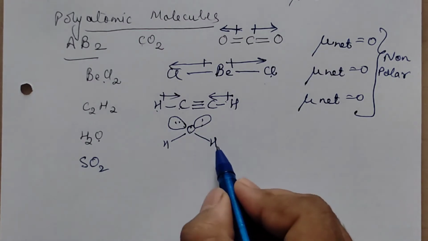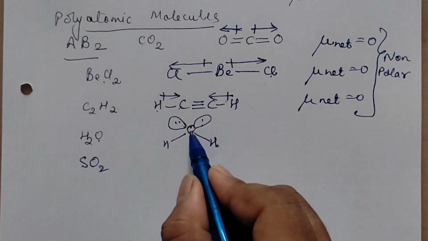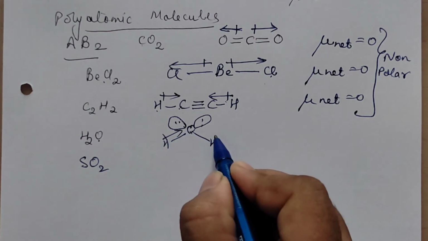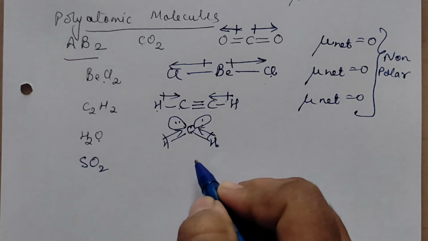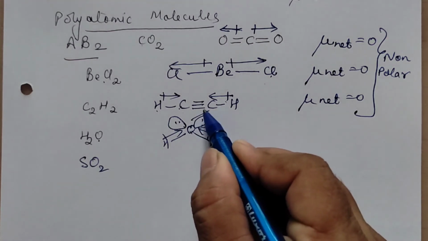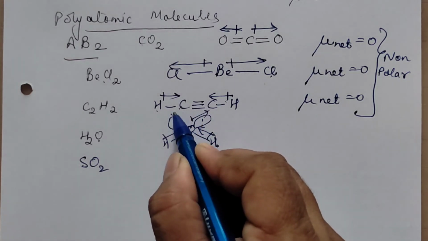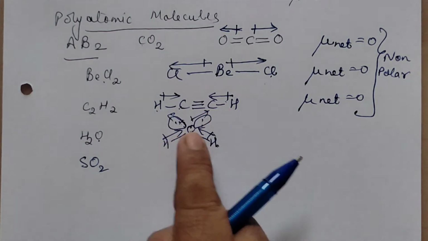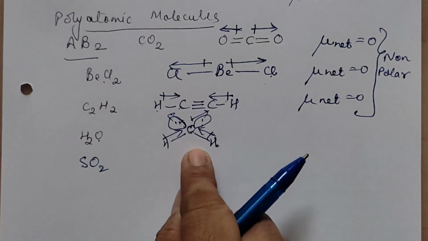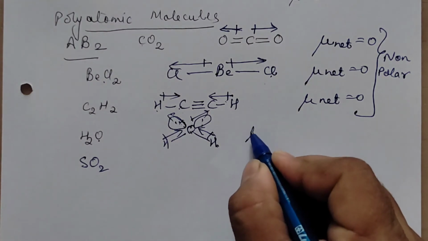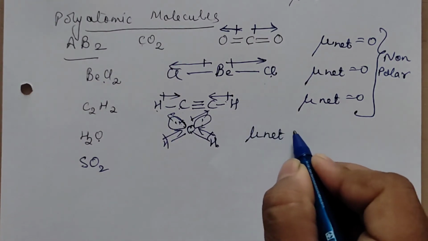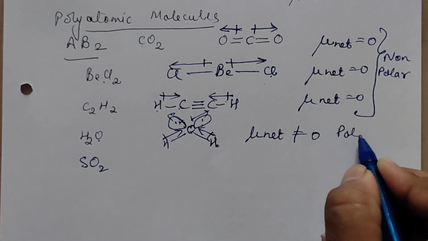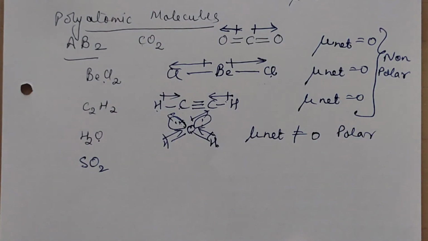Out of this, O is more electronegative. So this bond dipole moment will be towards O, and this bond dipole moment also towards O. This lone pair as such is here only, and this also will be here only. So these electron clouds are here on the top, adding to it. So this does not have a net dipole moment of 0. It is not a net dipole moment 0. Therefore we say water is a polar molecule.